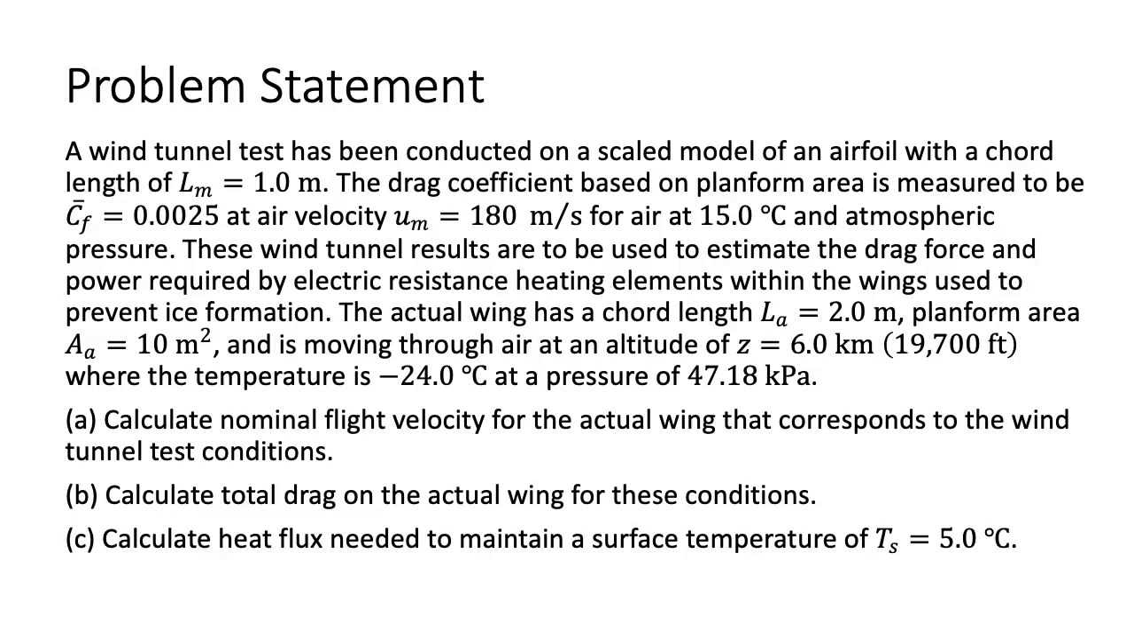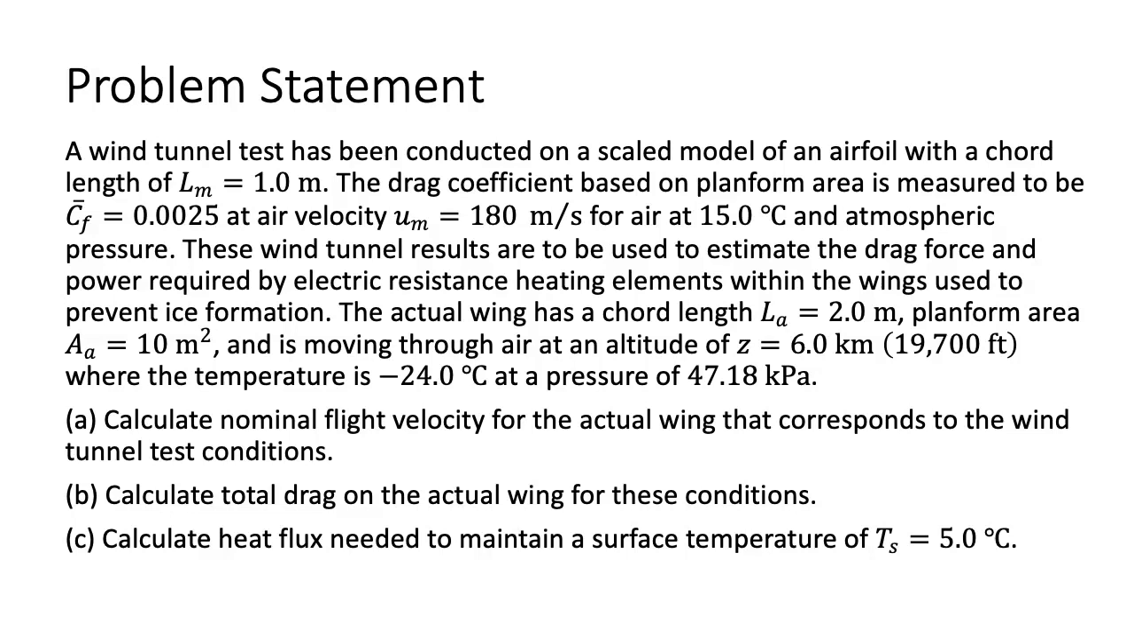Note that the planform area is the maximum projected area of the airfoil. These wind tunnel results are to be used to estimate the drag force and power required by electric resistance heating elements within the wings used to prevent ice formation. The actual wing has a chord length of 2 meters, a planform area of 10 square meters, and is moving through the air at an altitude of 6 kilometers, where the temperature is minus 24 degrees Celsius at a pressure